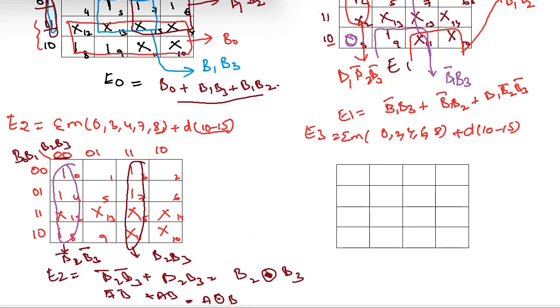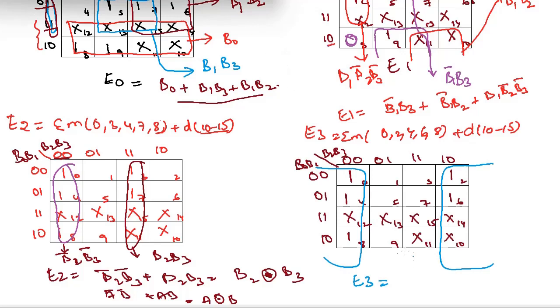Now see here, E3 equal to, I am taking first column and last column as a group. So I am taking first column and last column as an octet. By using this octet, first column and last column, all the elements in the rows will be removed. The common element in the columns: observe the first column elements and last column elements, 0 0, 1 0. 0 is the common element here. 0 indicates B3 bar. That is the simplified expression for E3.